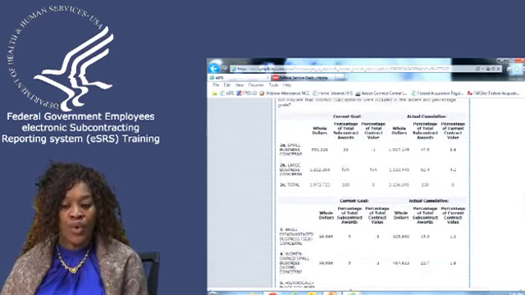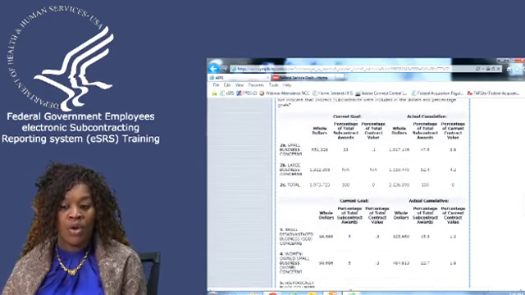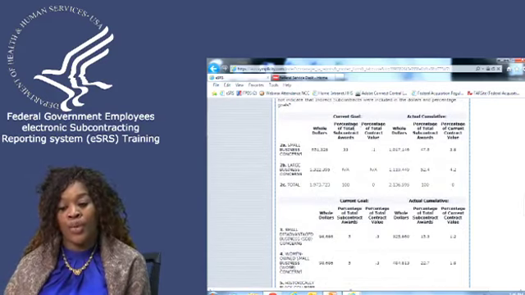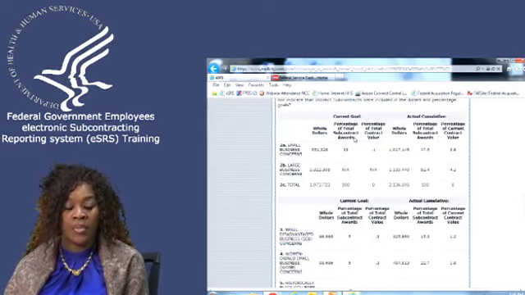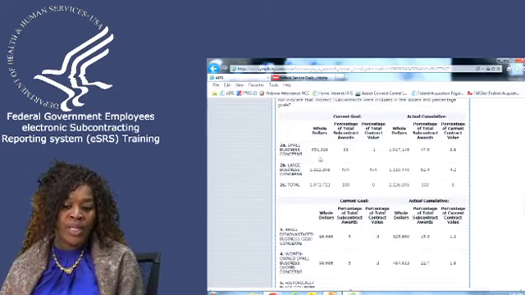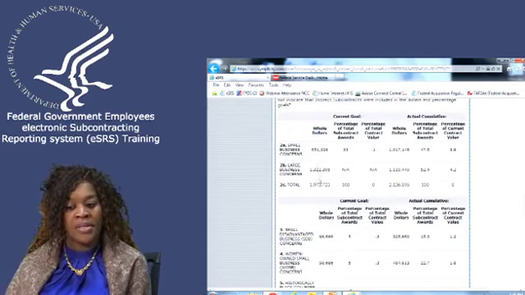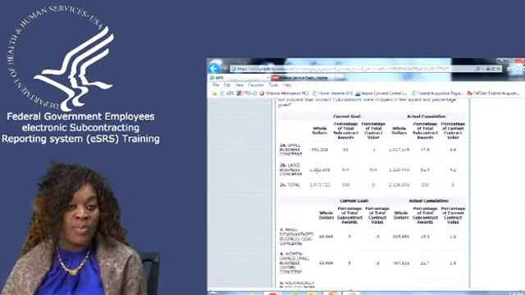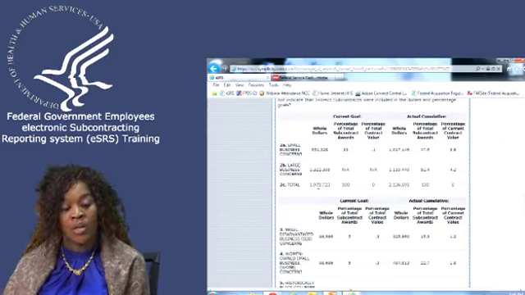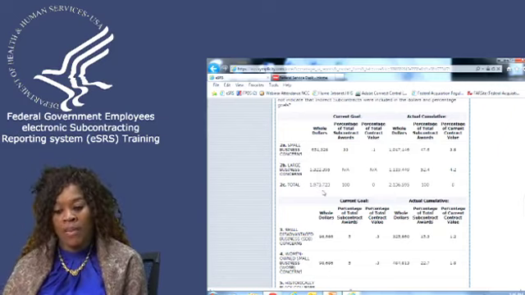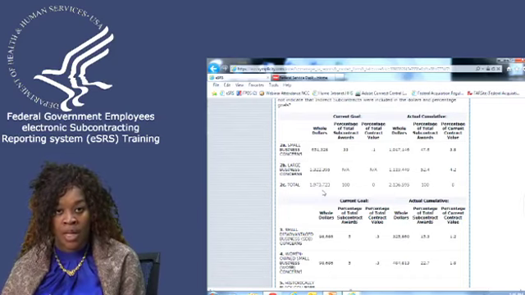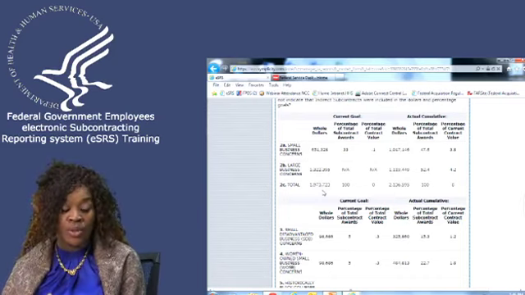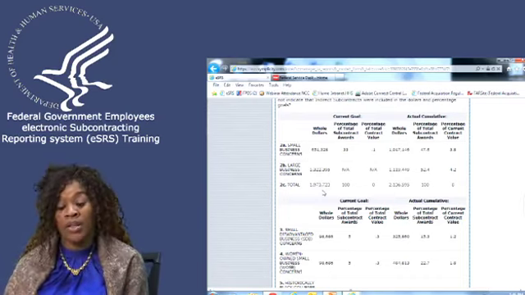In addition, what you want to review is that the goals in the goal column are correct. You want to make sure that they mirror verbatim what's on the subcontracting plan. So they were supposed to do $651,000 in small business and $1.3 million in large business, and their total subcontracting dollars was $1.9 million. You want to make sure that that is actually what we have agreed to on the subcontracting plan. And the only thing that you would need to do is take a look at the plan and take a look at the data.